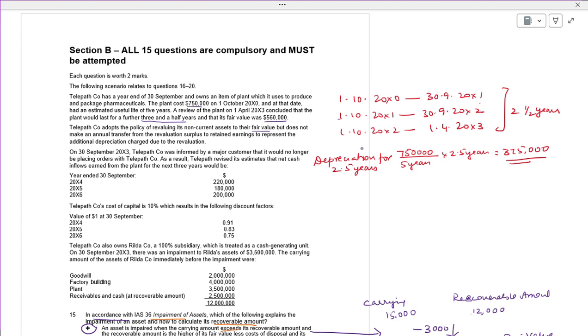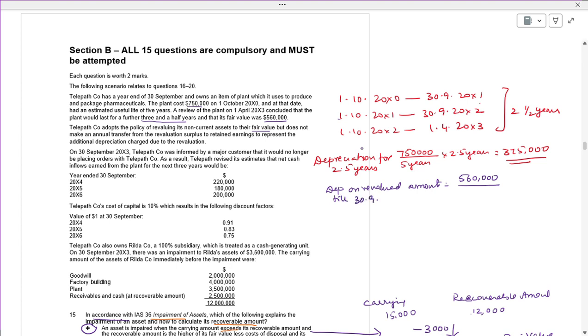Whenever you do revaluation, we have to calculate depreciation on the revalued amount. How much have they revalued? 560. Is it right? They have done 560 till